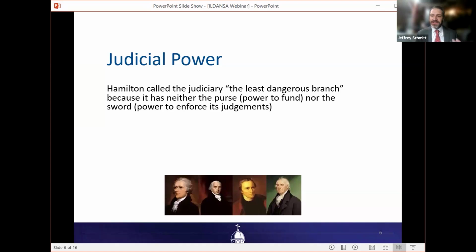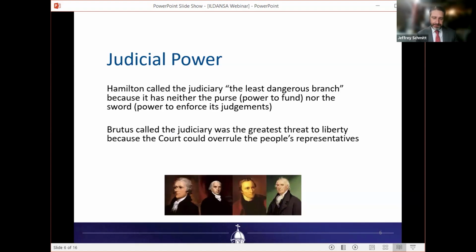Alexander Hamilton, a very famous founder, you may have heard of him. There's this famous musical on Broadway about him now, and his role in the founding of the Constitution. And he tried to argue that the courts aren't that powerful because they can't do anything on their own. The courts simply have the power to issue decisions and try to convince people of their reasoning, but they don't have the power to do anything. They can't throw anyone in jail. They can't spend money like the other branches. So, in a sense, they can only do things if the rest of the country agrees with them and are willing to accept their authority.